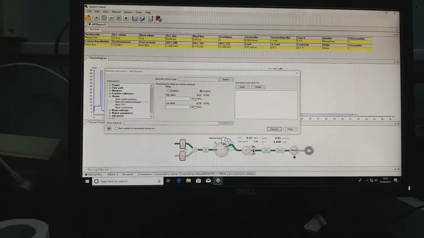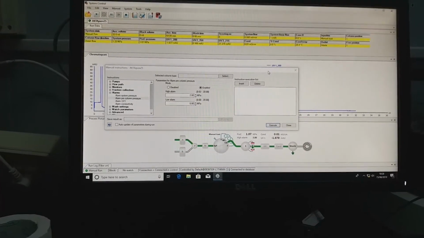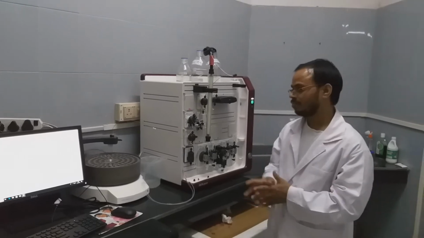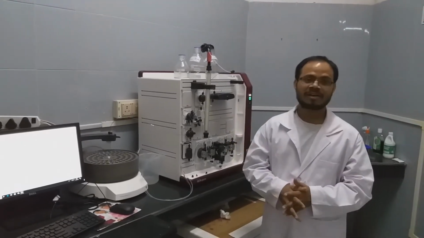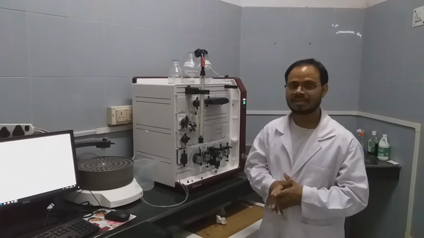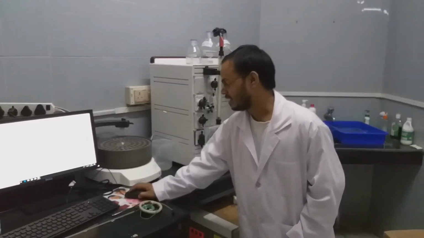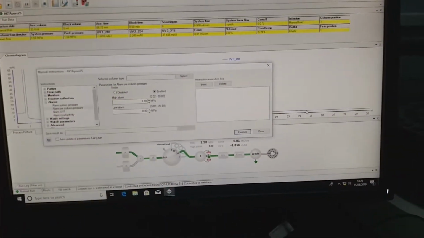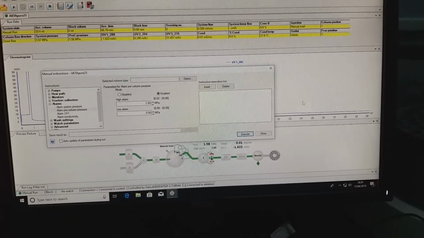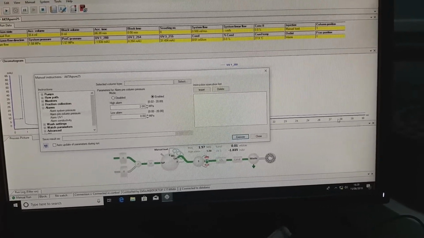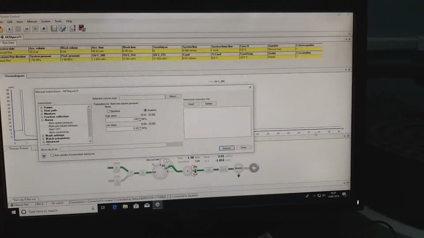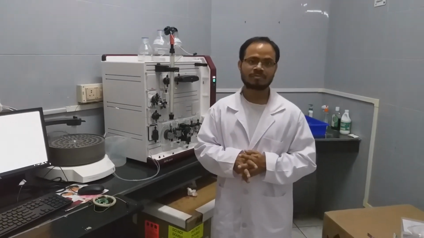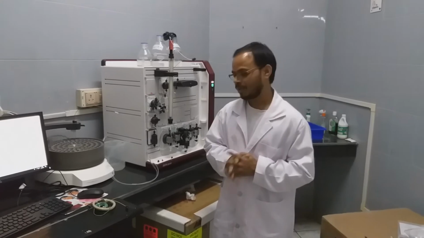We can see it is again activated. We have equilibrated the column using the equilibration buffer. As we can see here, there is a stable line corresponding to UV280 and no other elution coming out. With this we can confirm that we equilibrated the column properly.